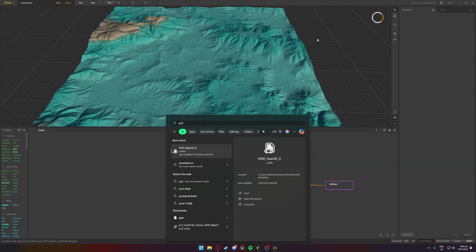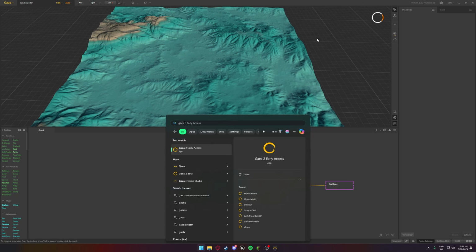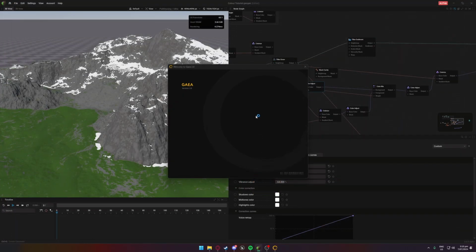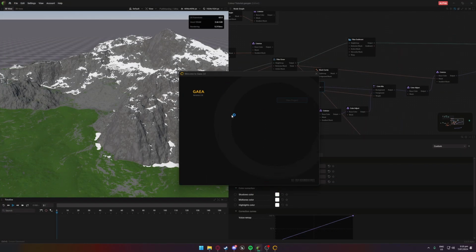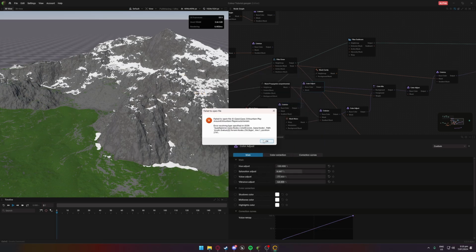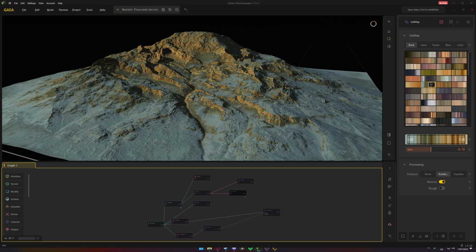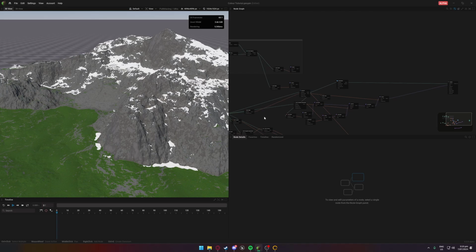So I think an example of where I've found this helpful in personal use, just opening up, for example, Gaea 2. I think it was a mountain play around. Oh, well, I guess Gaea 2 is not stable enough for me to load, but you can get some really cool results with that. So I'm just kind of hoping that,